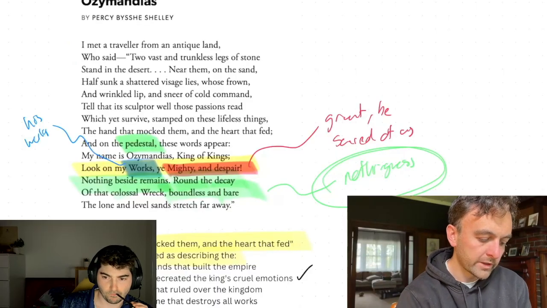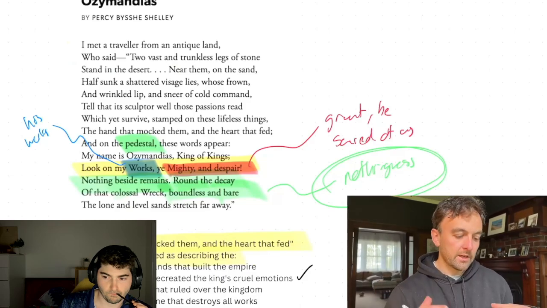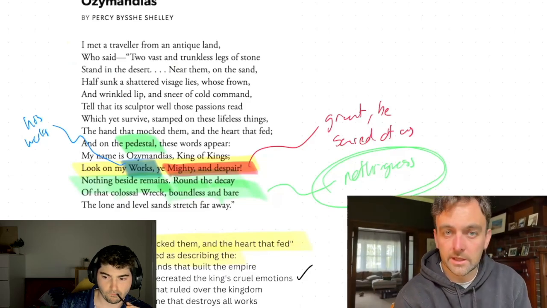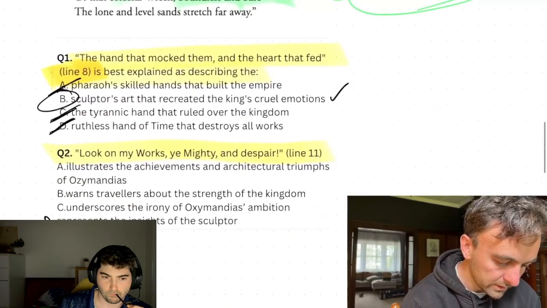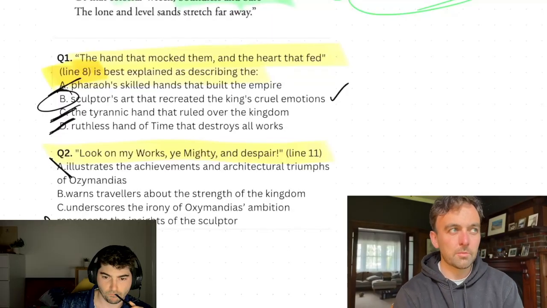So I would say that what's actually written on the pedestal in this poem is about showing that even if you are high and mighty, everything will kind of come to an end. So let's have a look and see if that's one of the answer options. So as I go down, is it about illustrating the achievements and triumphs of Ozymandias? No, I don't think so, because if it was,